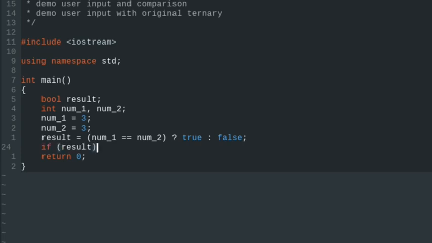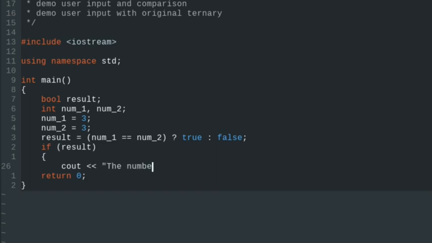Now, when you say just if and then result, it means if the result is true, okay? And then within curly braces, I'm going to do something like cout. I'm going to print to the screen, the numbers are equal, okay? And then I'm going to end that line